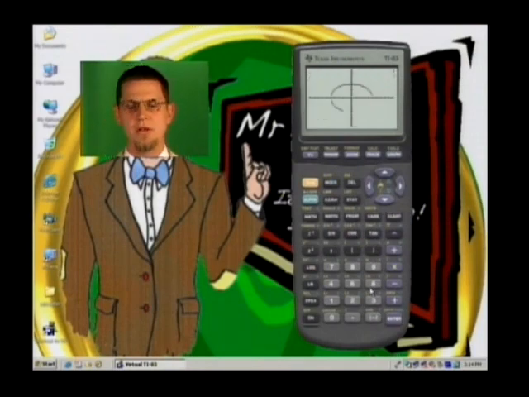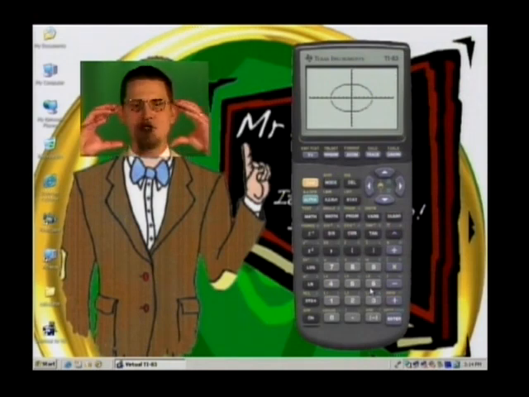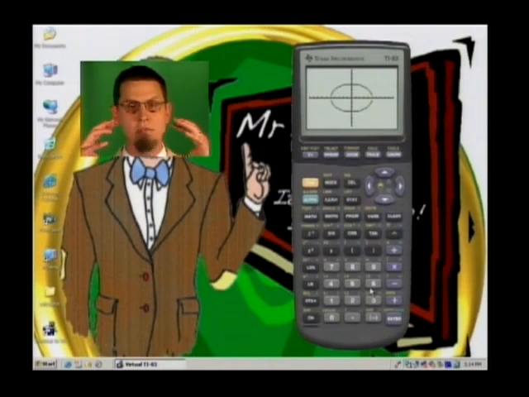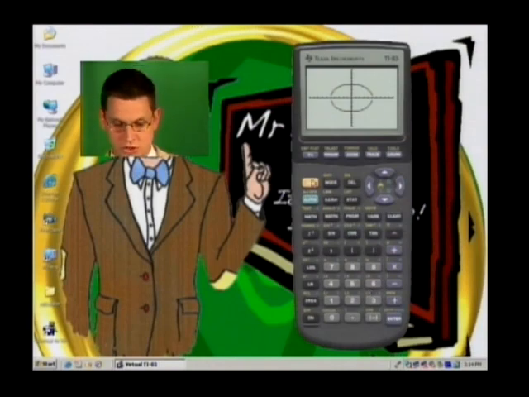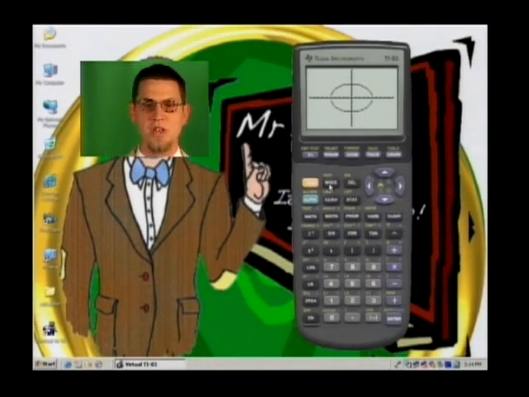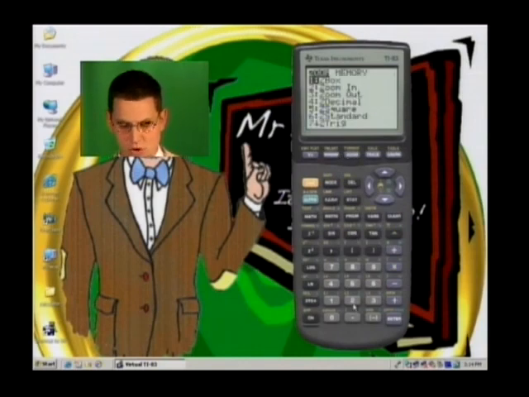If you notice what that looks like right there, it kind of looks like a circle, but it's kind of stretched. It looks more like an oval, an oblong circle. And that's because we're in a zoom 6 window, which puts more pixels on the x-axis. It's actually stretching it to fit the ratio here of vertical to horizontal. So what you want to do is actually, once you hit zoom 6, hit a zoom 5,